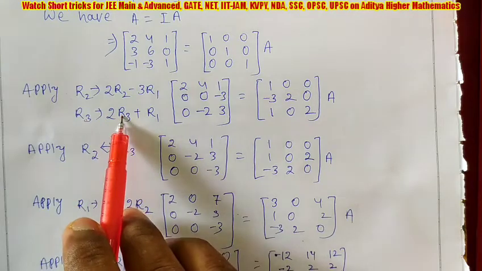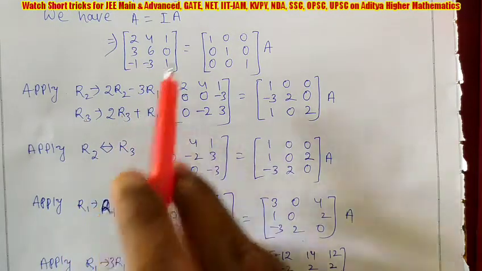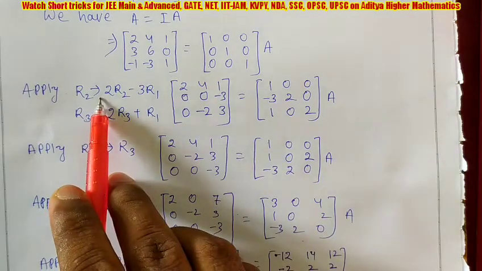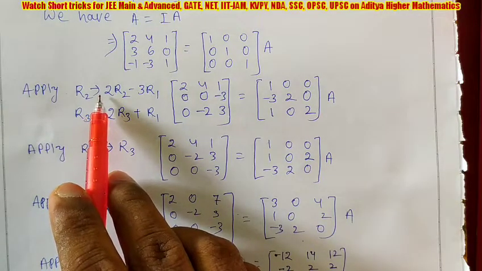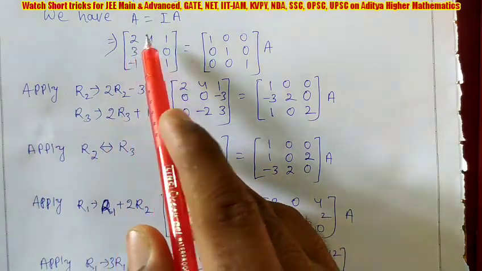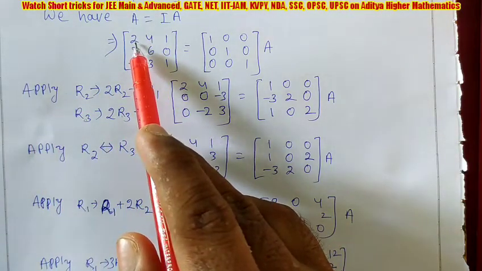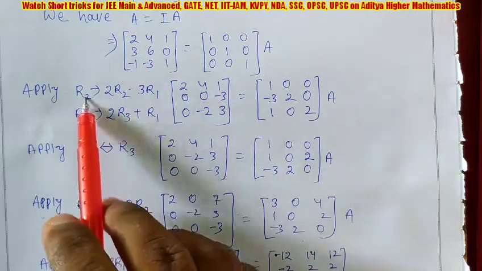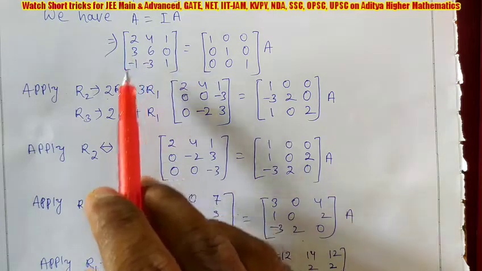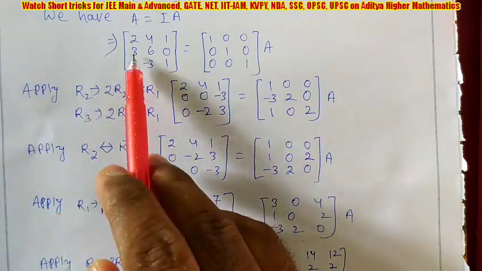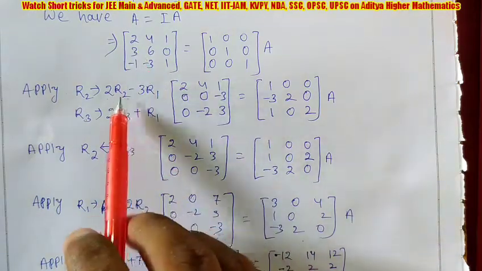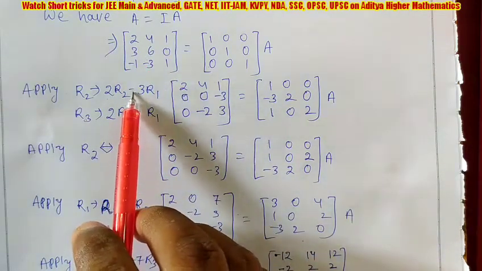Here write R2, R3, but next write R1, which is non-zero. Then write the reverse coefficients as the numbers of the elements. In R1 you observe that it is 2, so you write it in R2 as a coefficient, but in R2 it is 3. Since we are changing R2, we have to take the number of R2 as the coefficient of R1. Both have the same sign, so it is the minus middle sign.